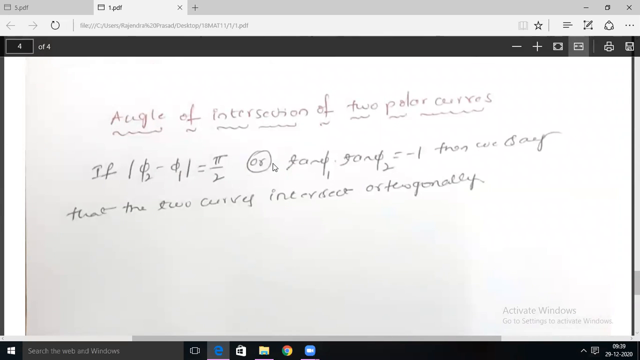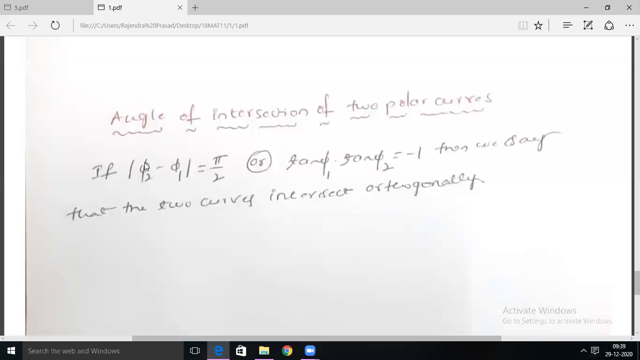See, angle of intersection of two polar curves. If phi 2 minus phi 1, or modulus of phi 1 minus phi 2, is equal to pi by 2, then we say that the two polar curves intersect orthogonally. An alternate form is also there: tan phi 1 into tan phi 2 is equal to -1. So if phi 2 minus phi 1 is equal to pi by 2,